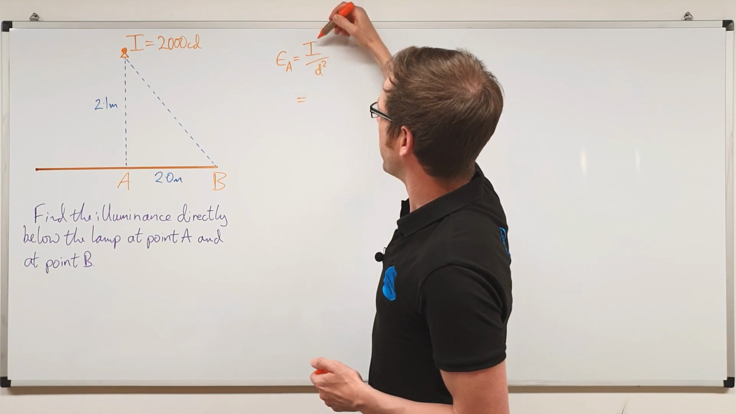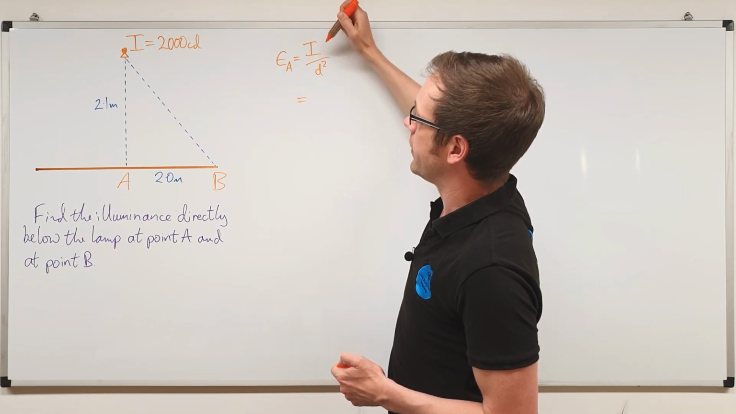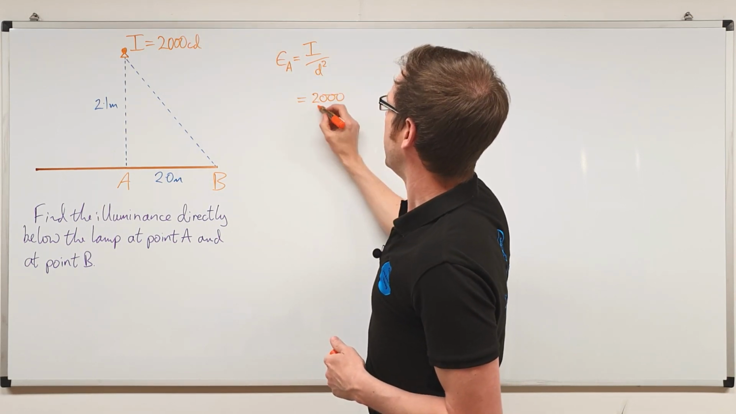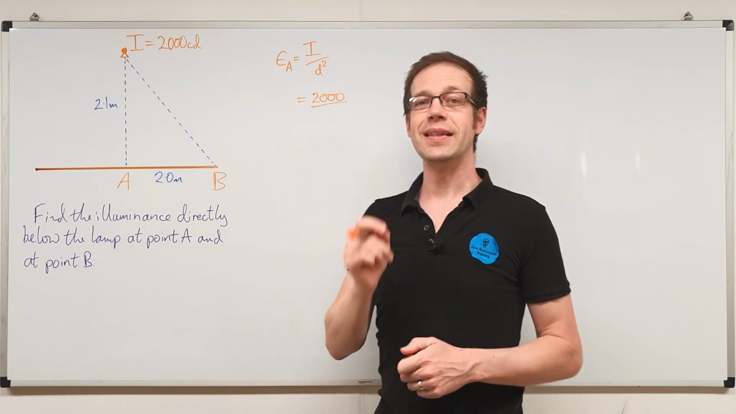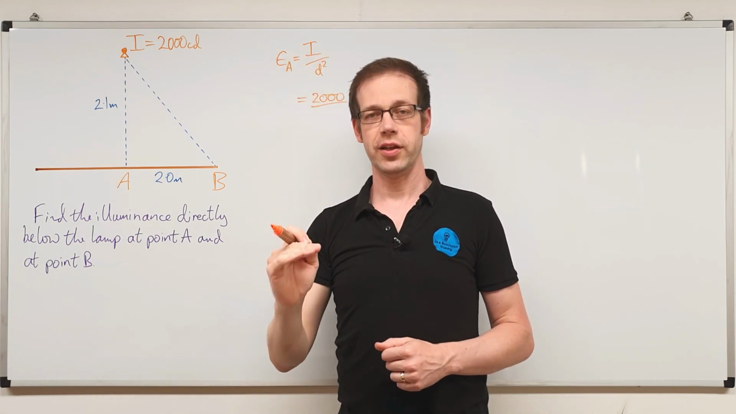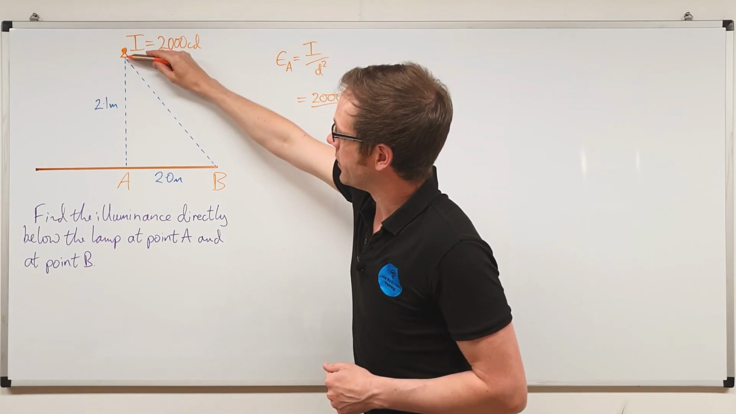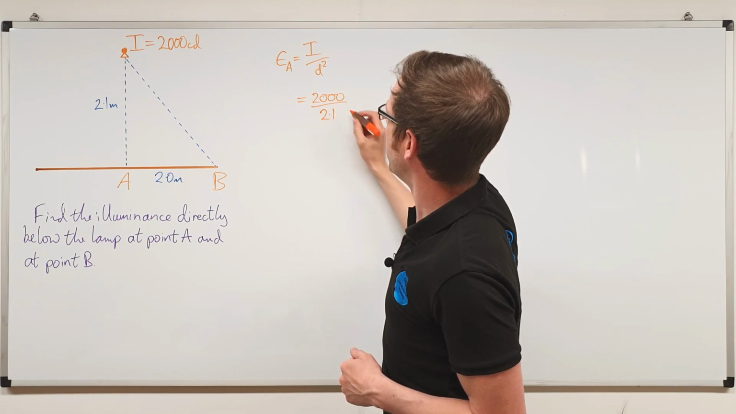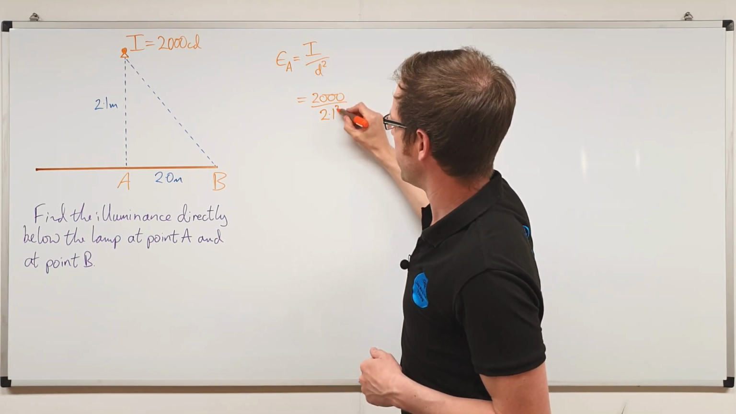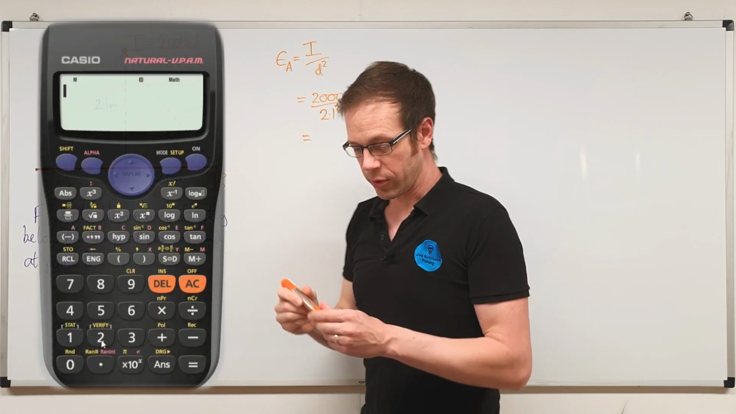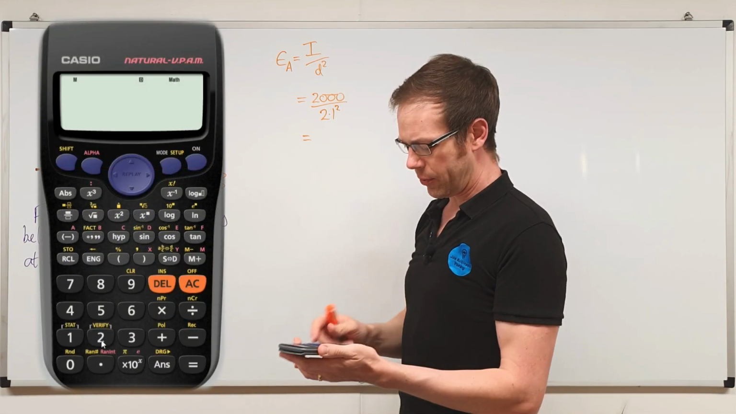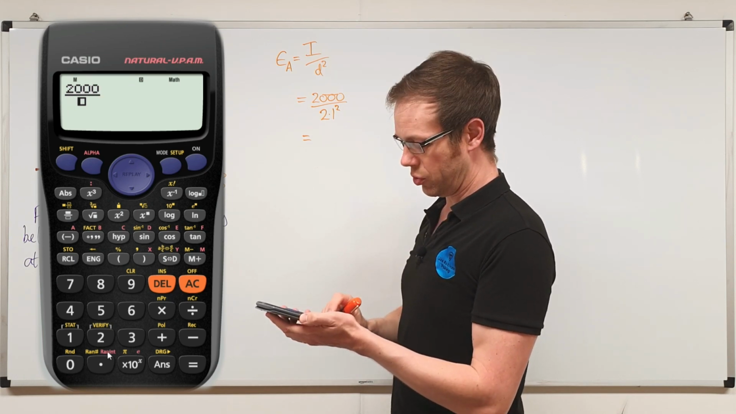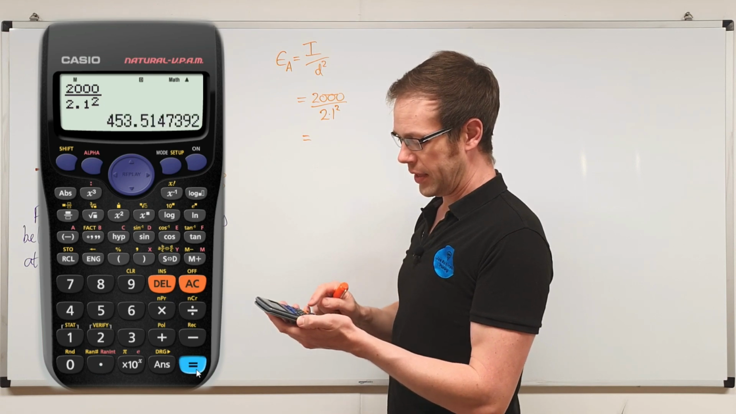We've got a luminous intensity, the I there, how bright the light source is, of 2000 candelas. So we're going to do 2000, and then we're going to divide that by D squared. Remember, D is the distance from source to surface. So in this case, we're looking at this 2.1 meter distance here. So 2000 divided by 2.1, and remember we've got to square that distance in order to get the right answer. So we'll stick that into the calculator and see what we come out with. I like to use the fraction button for this, 2000 divided by 2.1 squared. And that comes out at